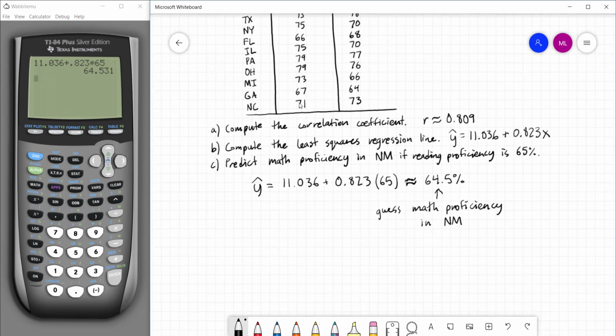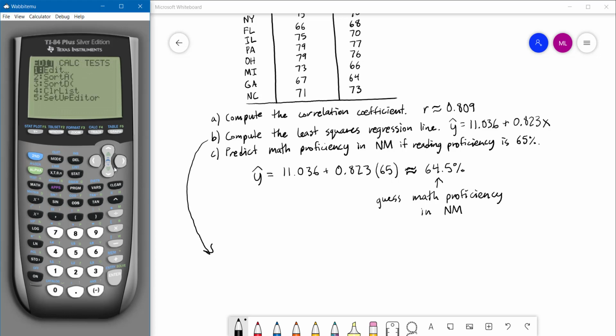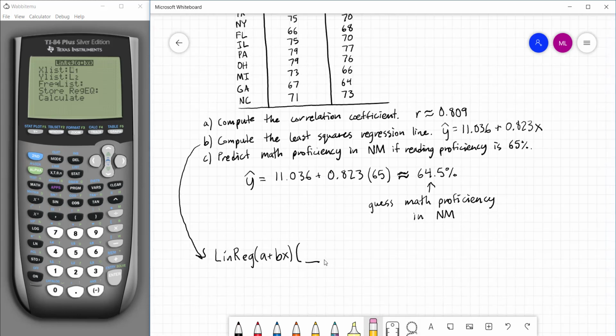The last thing I should mention, just real quickly, is back here in step B. If you have an older calculator, I can't remember if it will necessarily give you the full list of everything that we've got. So if you have an older calculator, what you would do is go to stat. After you've entered all your data, you'd go to stat, you'd go to the calculations, you'd go down to option 4 or option 8, and hit select. And what it would do is it would bring up to the screen something that looked like this: LinReg a plus bx. And then it would have a parenthesis and a cursor flashing, waiting for you to enter stuff here. And what you would enter is simply